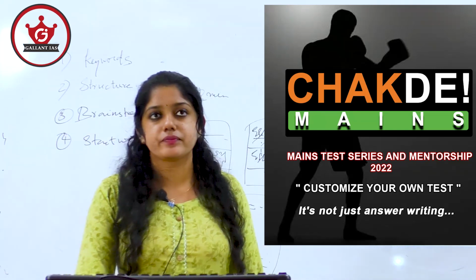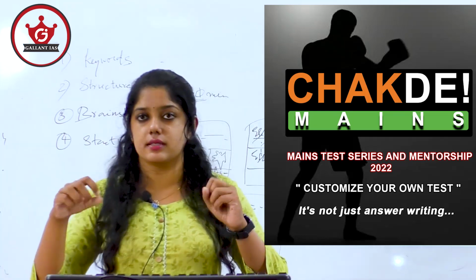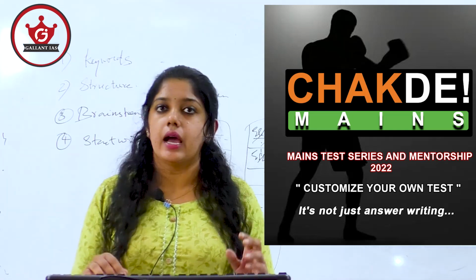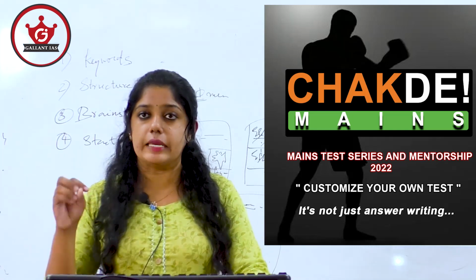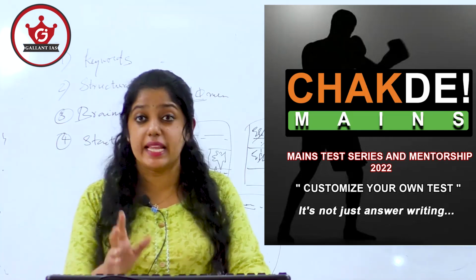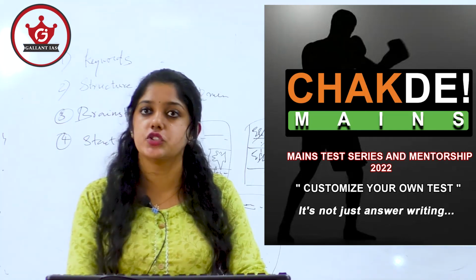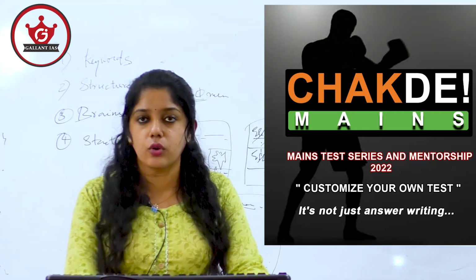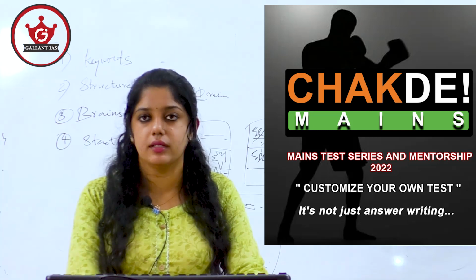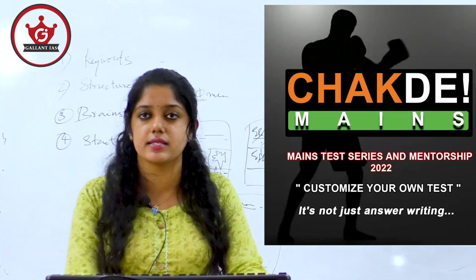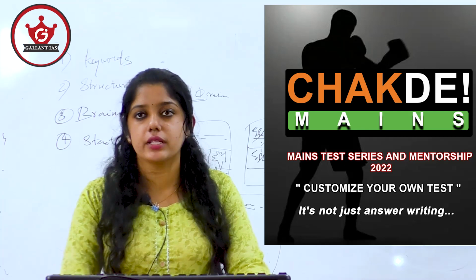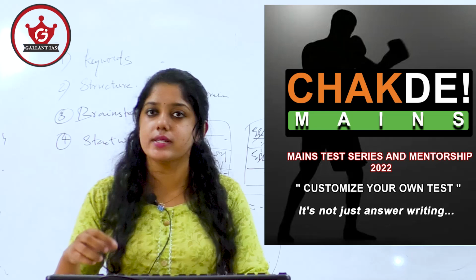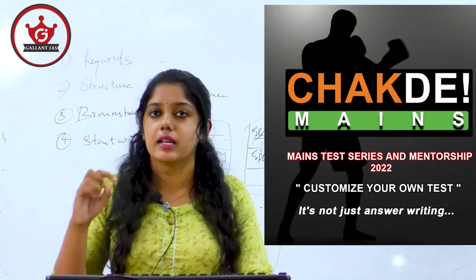And apart from that, content enrichment sessions will also be taken. So this is the general approach. I hope you understood the important aspects of mains answer writing. Mains answer writing, GS papers plus essay, is 1250 marks. So make sure that you score really well in that examination, like a real-time examination, if you are writing mains this year or in future. Make sure that you have the minimum content, then only you can write the answer. And for minimum content, what you have to do is revise, revise, revise, no other mantra.